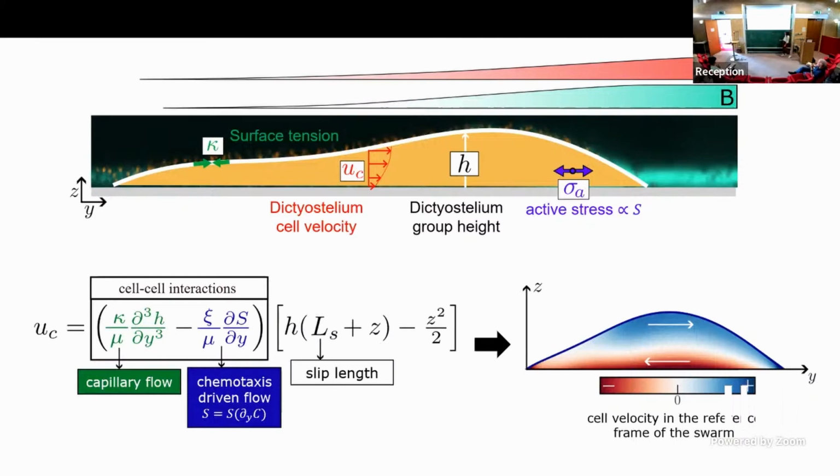Okay, because I think the key thing is also that effectively, unlike in a standard chemotaxis model, the movement of the cells does not depend on the gradient, but on the curvature, the second derivative. Because S depends on the derivative, and when you take the derivative again, you're going to get S prime and the second order derivative. So what this is saying is that if the gradient were linear, there would be no effective movement of the cell, which is in line with our model, but I'm not sure whether